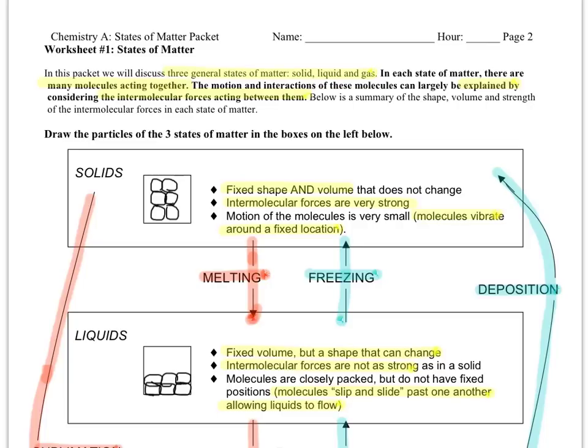This is worksheet 1 of the States of Matter packet, and this is the packet where we are going to look at sort of the biggest picture of all the things we've looked at so far. All right, we started off talking about individual atoms and the protons, electrons, and neutrons that make them up. Then we started talking about what happens when atoms combine together into different types of compounds and the bonds that hold them together. But now we're going to talk about, okay, once we have those individual molecules, all those compounds,